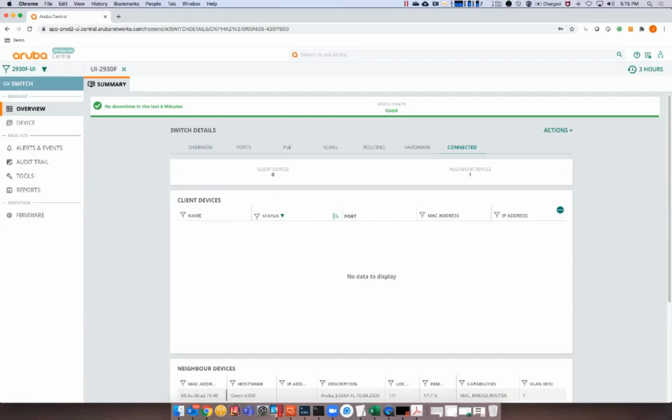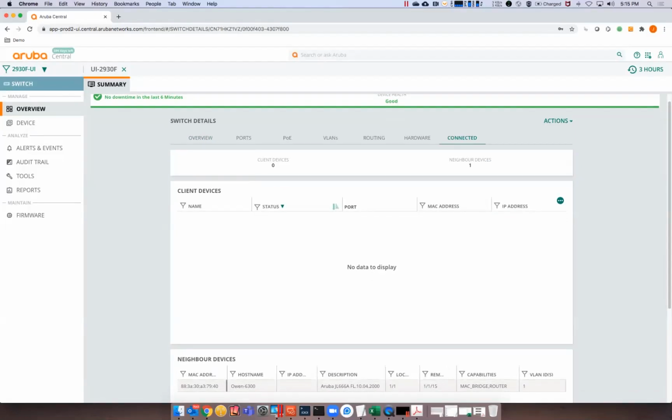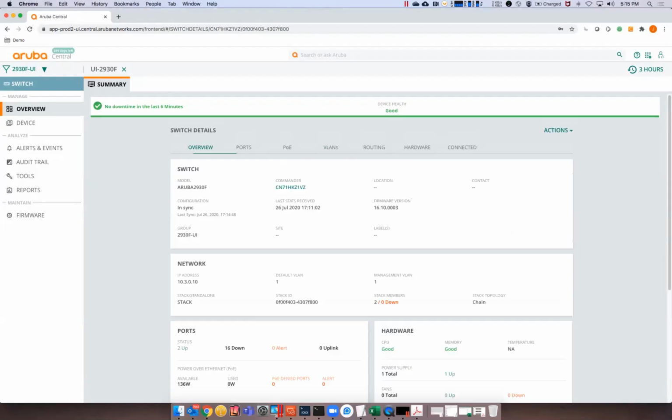So the client devices will actually show up. We can see the neighbor devices that are connected to this. I have an upstream 6300F. It's connected. And I will wait for my